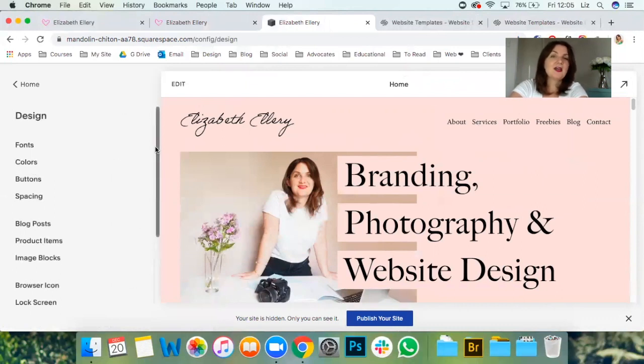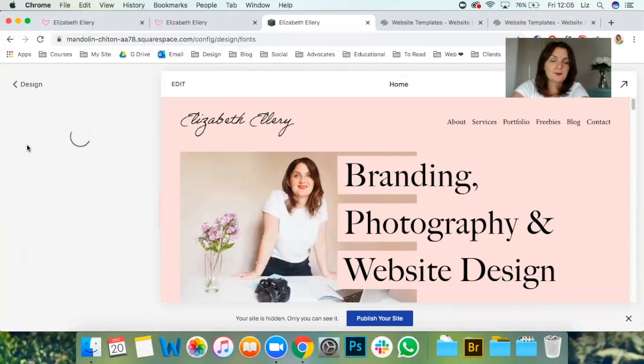In the past, when you'd hit on design, you'd go to style design, and that's where you'd be able to change all of the spacing of the pages, the colors, the fonts, and basically the whole style and feel of the website. And here, what they've done is, and I'm going to just focus today on these two aspects here, is fonts and colors. So if we go into fonts,